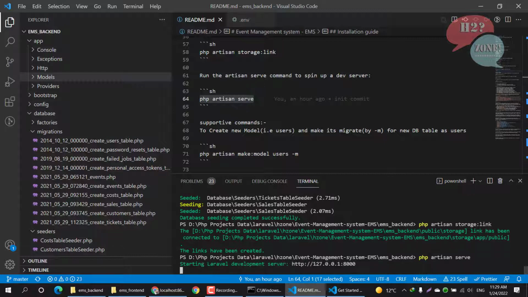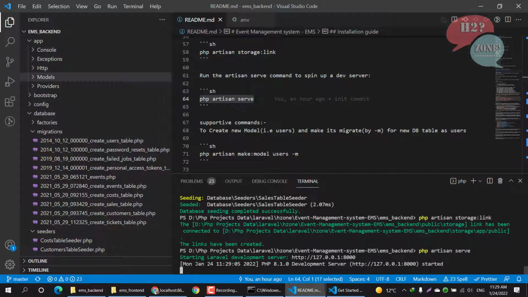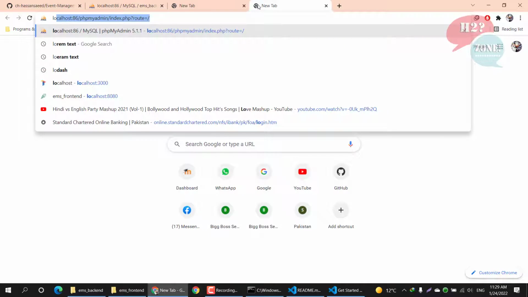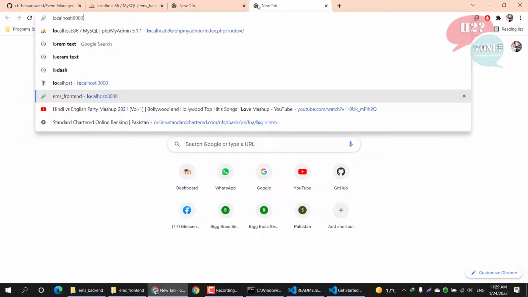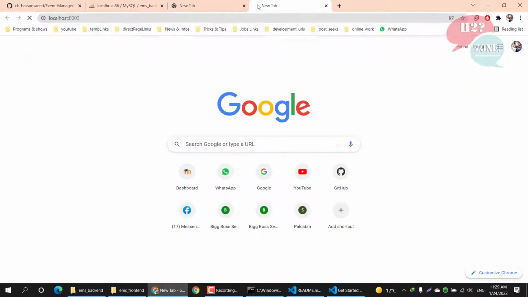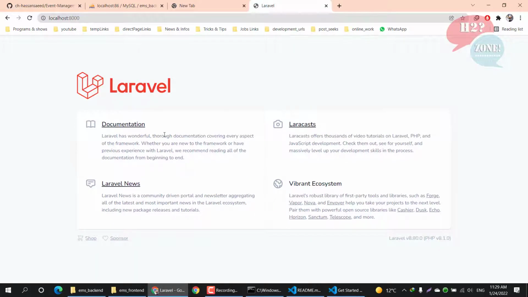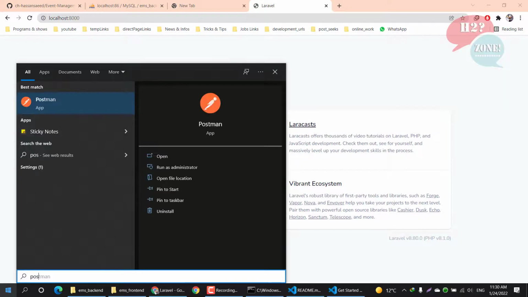which will run our Laravel project, and you can see that our Laravel project is running, and we will ensure that it is working or not. We will open localhost 8000, and it is showing our Laravel project, and we ensure that our APIs are working or not. We will open Postman,